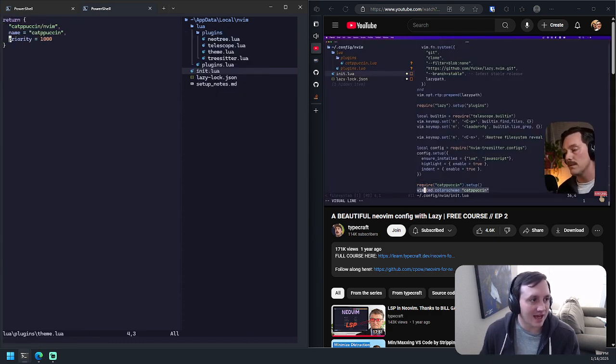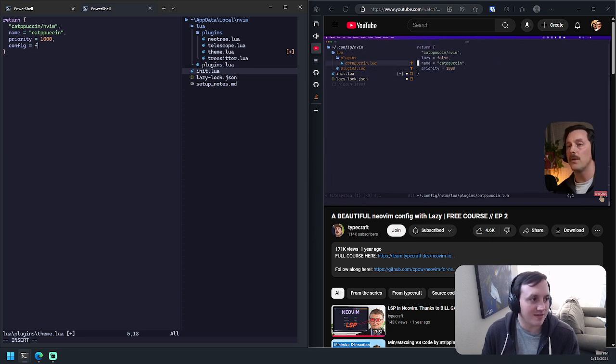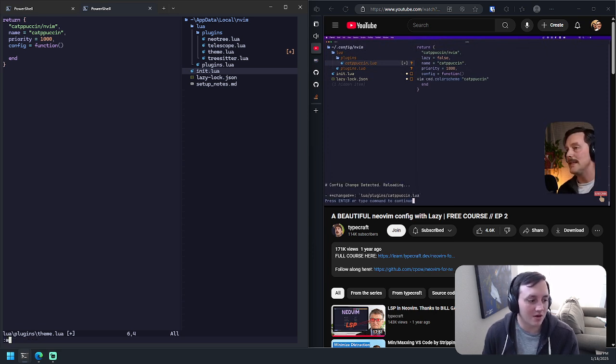And we can basically add a special property, which is what he was just talking about. We can have a property called config, and this can be a function. And then in this function, we can do stuff. We can basically do the same stuff that we were doing in our